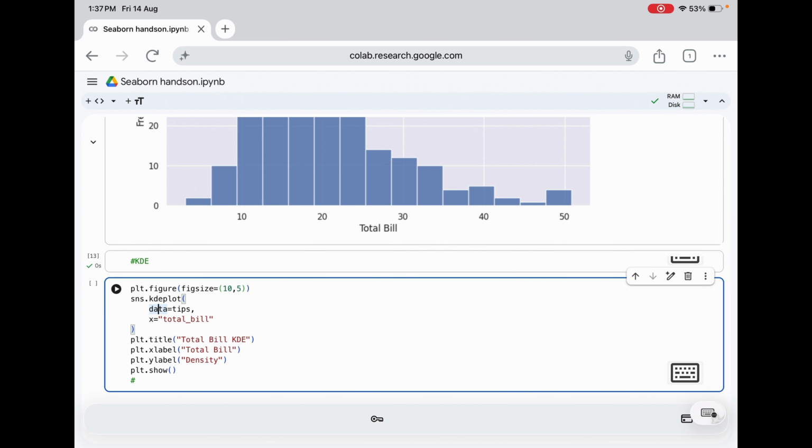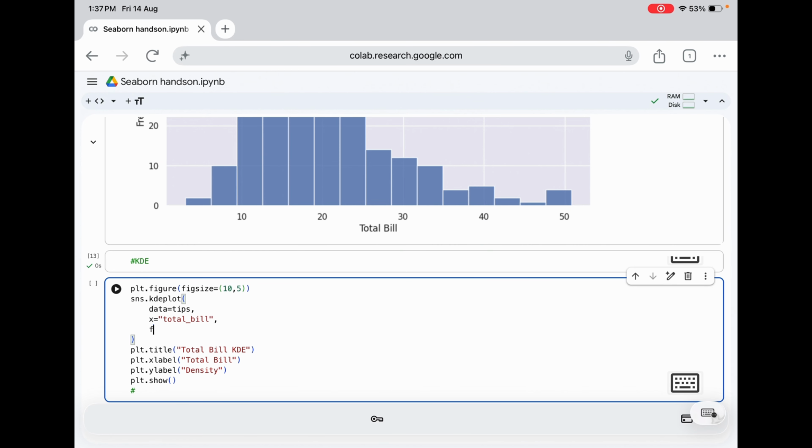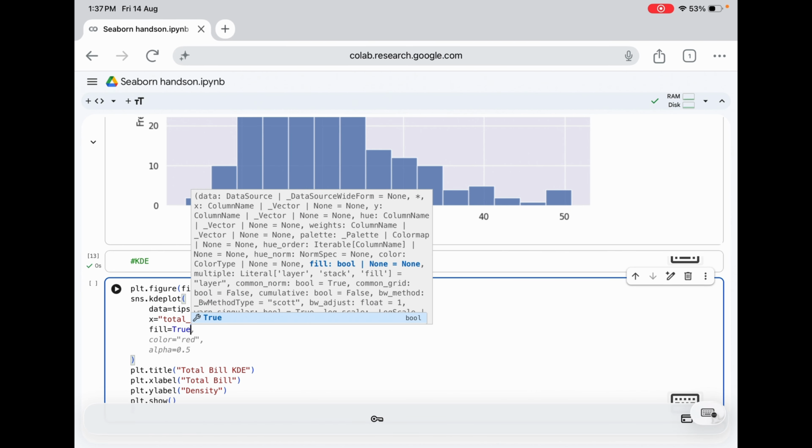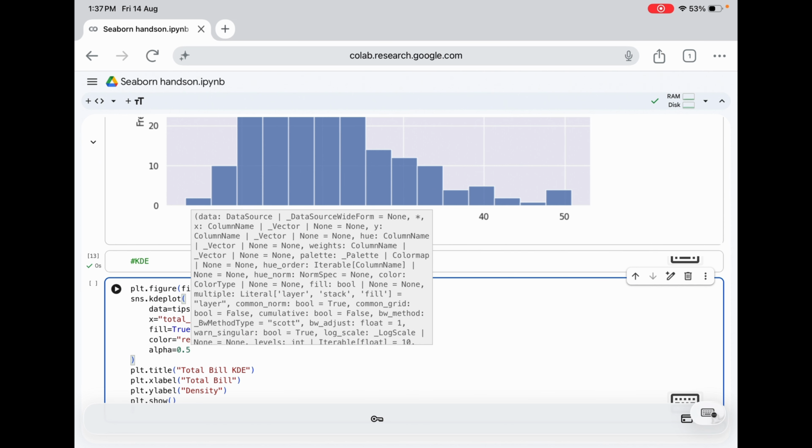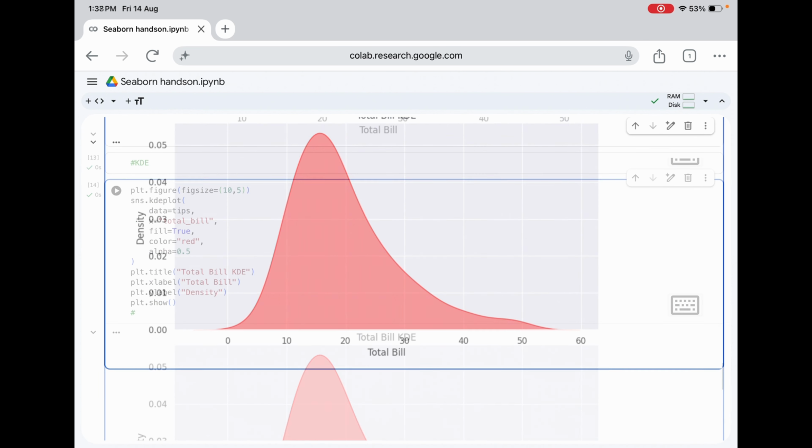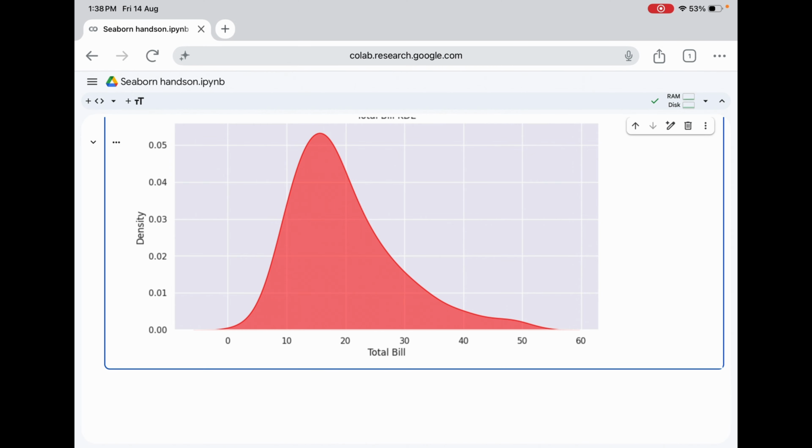I'm using the tips data, x is total bill, then title, x label, y label, and show. Let me add one more thing here, which is fill equal to True. We can also give more arguments like color and alpha value. Let us try to run it and see the shape of the distribution. A simple way to remember this is: histogram equals bins, KDE equals a smooth distribution shape.